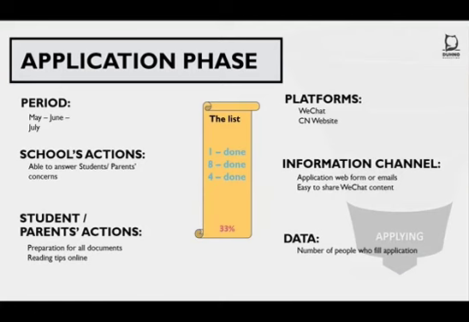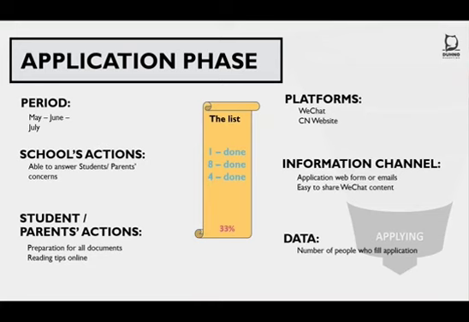Now, you have some students that have some interest in your school. They have a list with the 3 top schools that they would like to register with, and they will be working on their application phase. Each school, each university has its own application process. Some include interviews, some have other ways to get the resume, get a video recording of the motivation of the person to join that particular school, what kind of engagement they have for charitable actions. There are many, many criteria that we have seen over time.